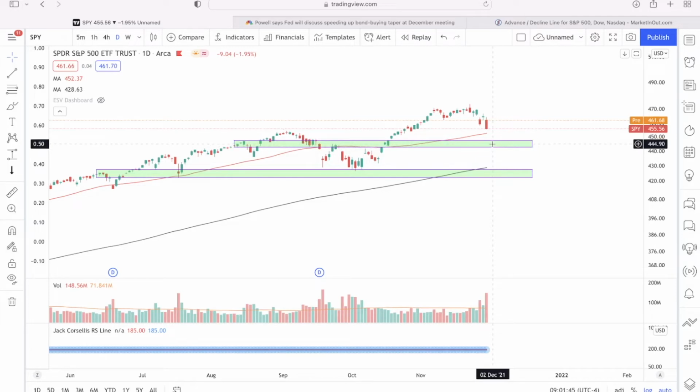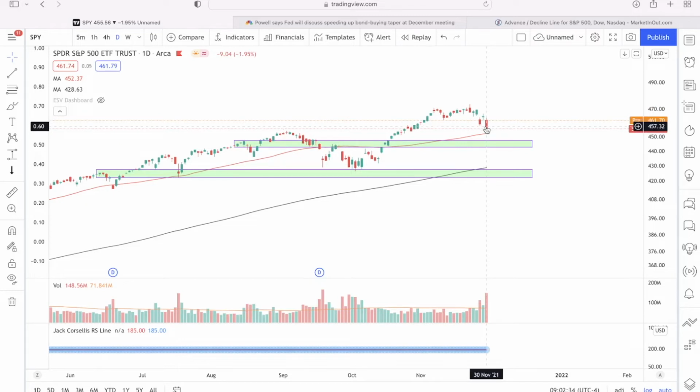So this price area has acted as a resistance for the S&P 500 just recently. So we can see over here, prices encountering some resistance over here and some resistance over here. And now that prices broke above that resistance, it might turn into a support level for prices. So that's the second level of support that I'll be taking a look for the S&P 500 if it continues